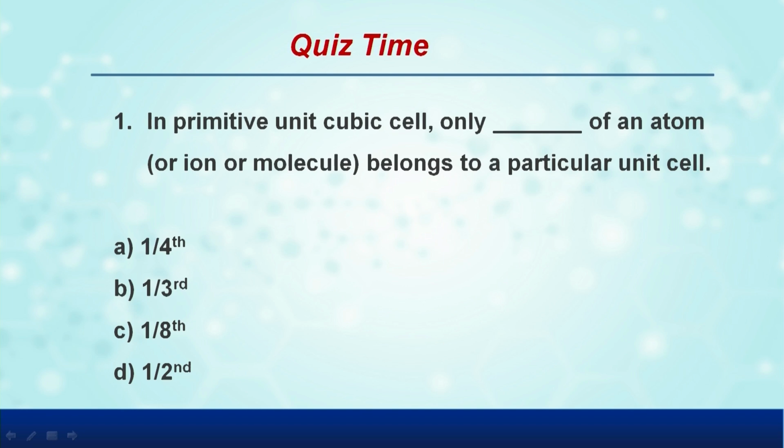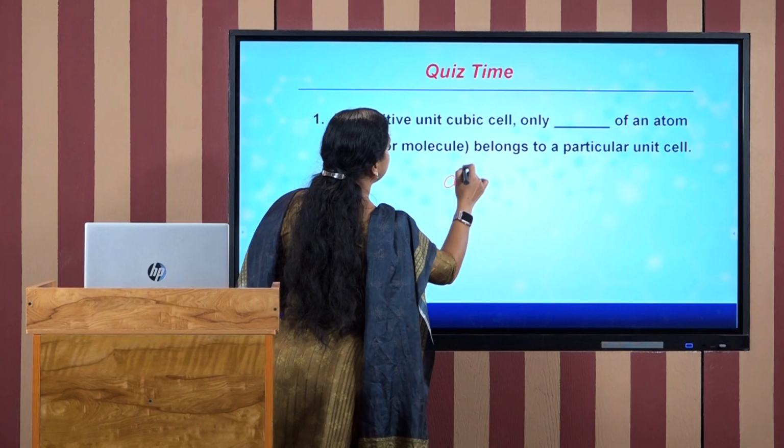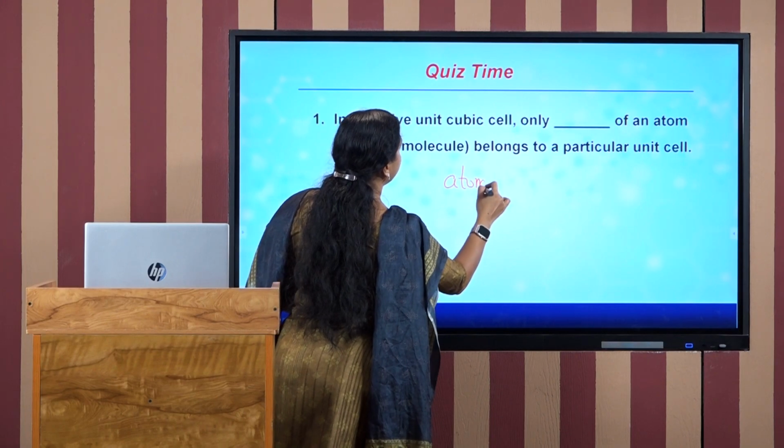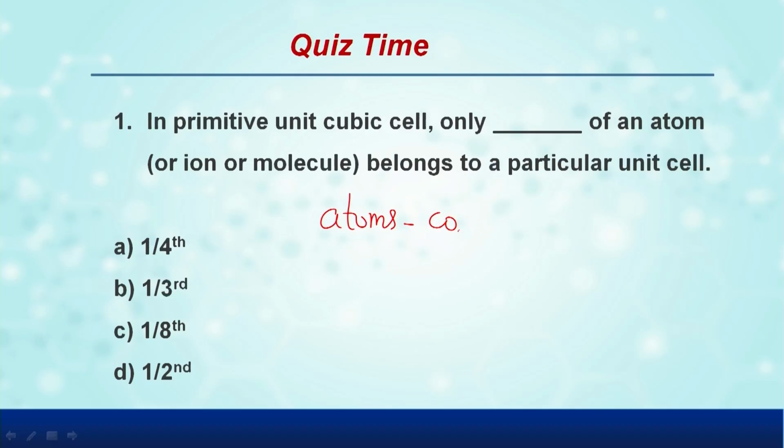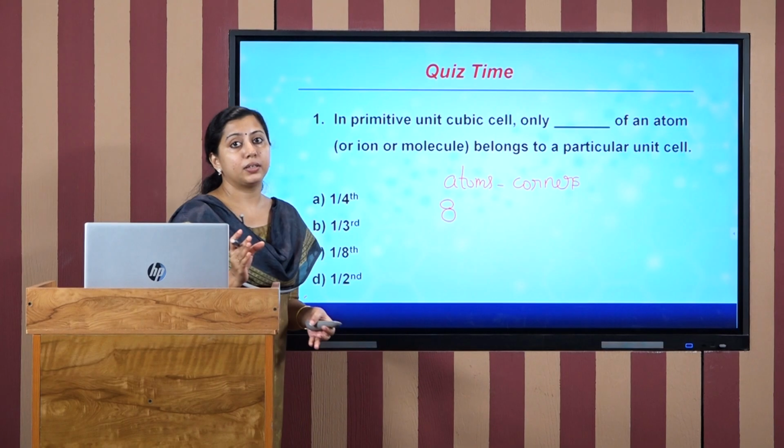So, we have seen that in a primitive unit cubic cell, there are atoms present only at the corners. Okay. So, in a cube there are 8 corners. So, there are 8 atoms